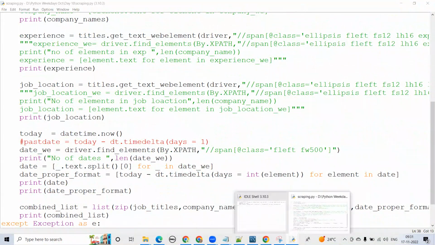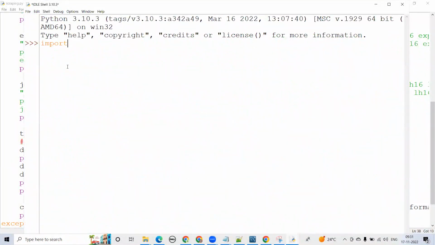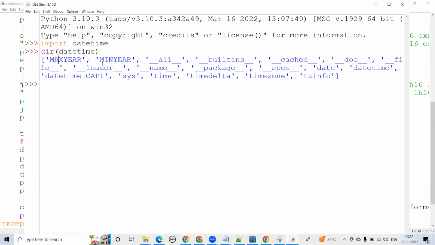If we see the parent datetime, for example, this parent datetime, I have imported it. Then we do a dir of this datetime. So these are the modules: max year, min year. We have some module called datetime. Also, we saw there's another datetime inside datetime. Then we have something called date. Okay. So if we use only date from here, like we have done import datetime, right? So datetime dot date